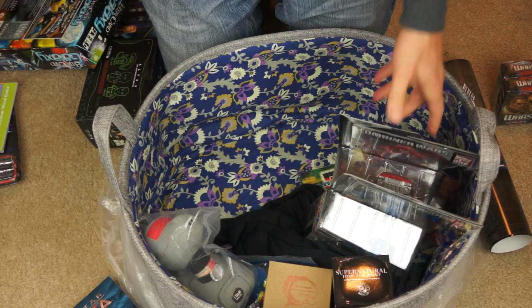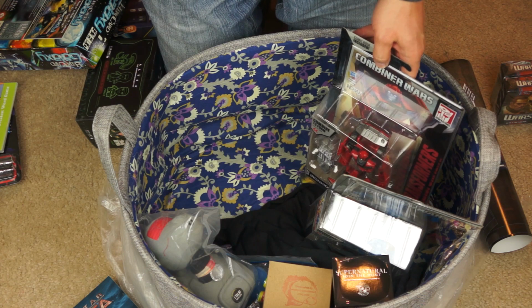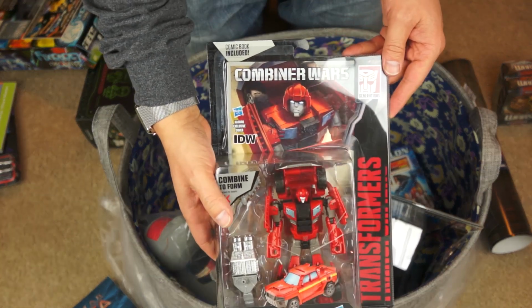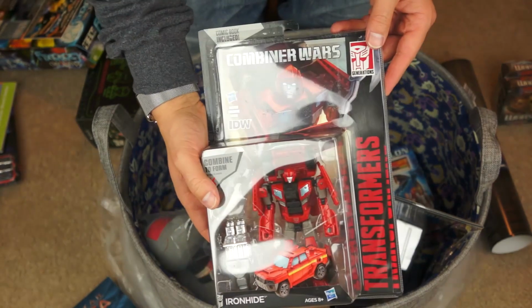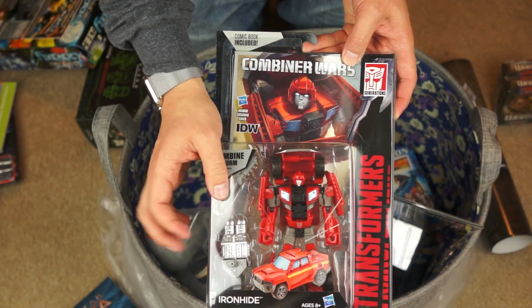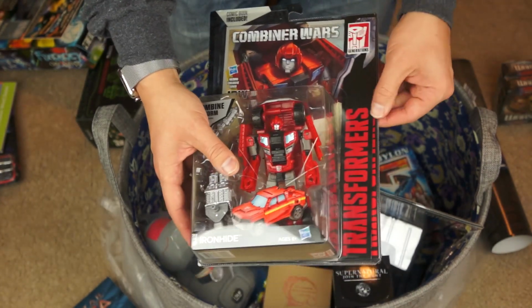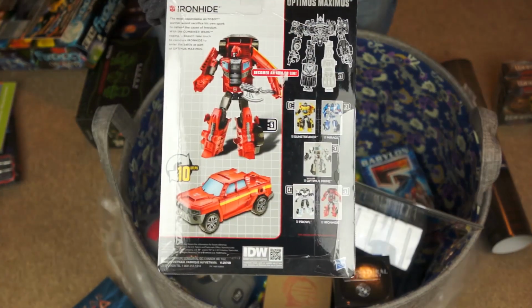And let's see, we have, am I going to pick it up? Yep, here we go. Transformer. This one is Ironhide. You can see he turns into a utility truck vehicle. And there's the other